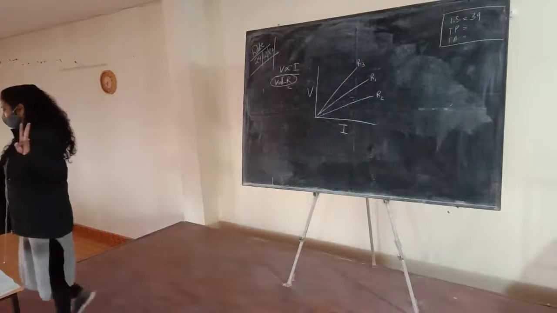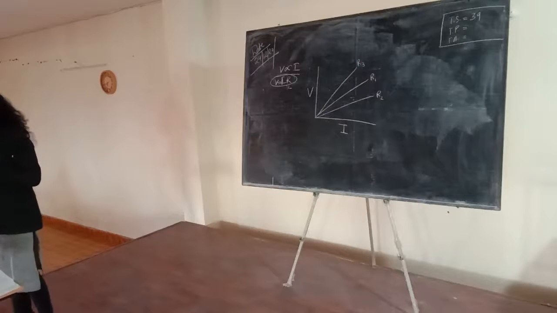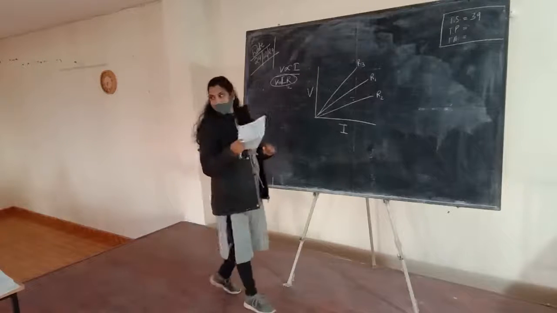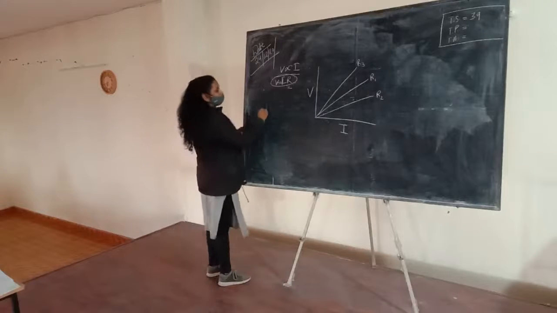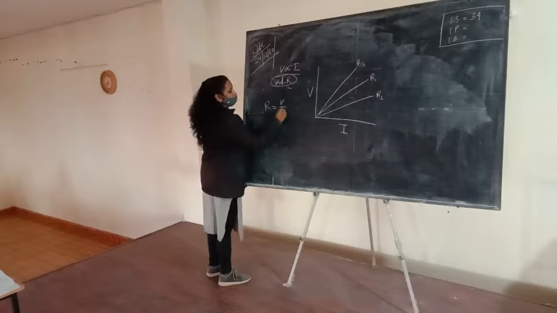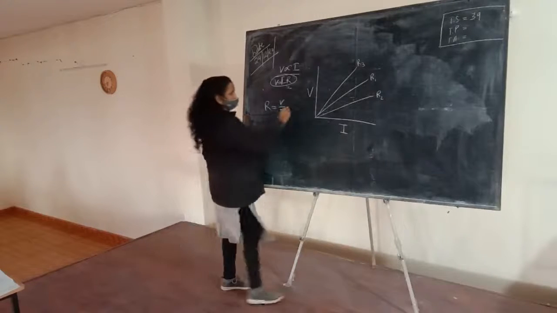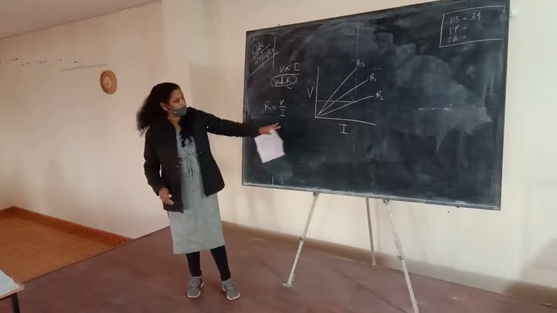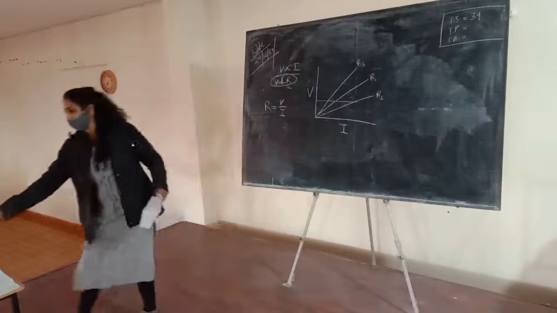For 3 samples of microwire with resistors R1, R2, R3, choose from the following statements that hold true for this graph. Okay. Which resistance is higher? You have to explain which resistance is higher, है ना? You know R is equal to V upon I. Okay? We are taking V as a common. I am making a horizontal line parallel to the I. Okay. So, yeah, oh, this is the I. Sorry.